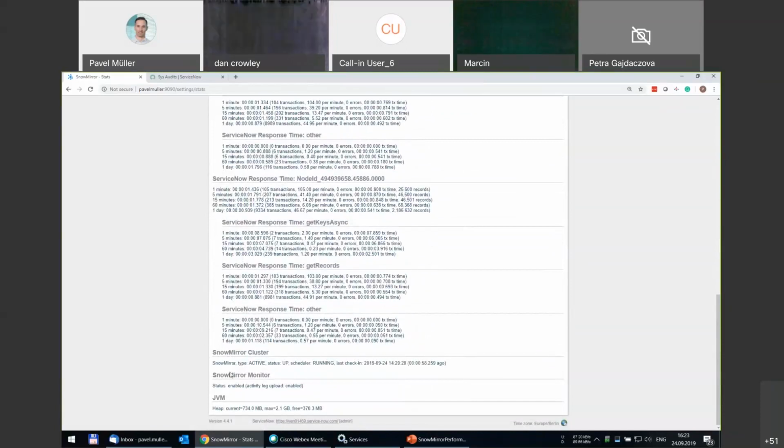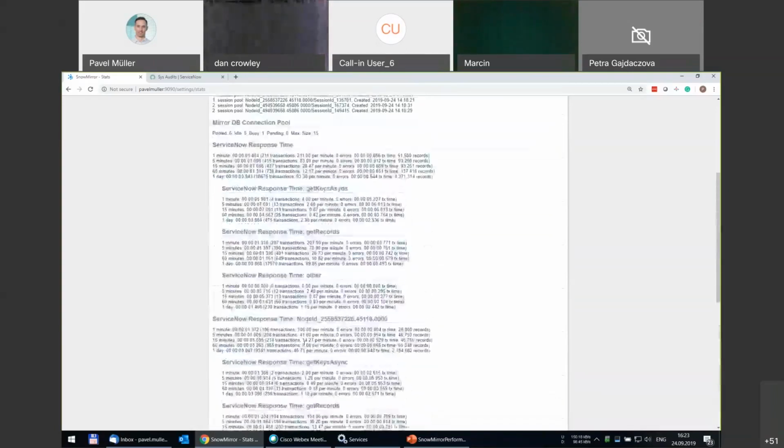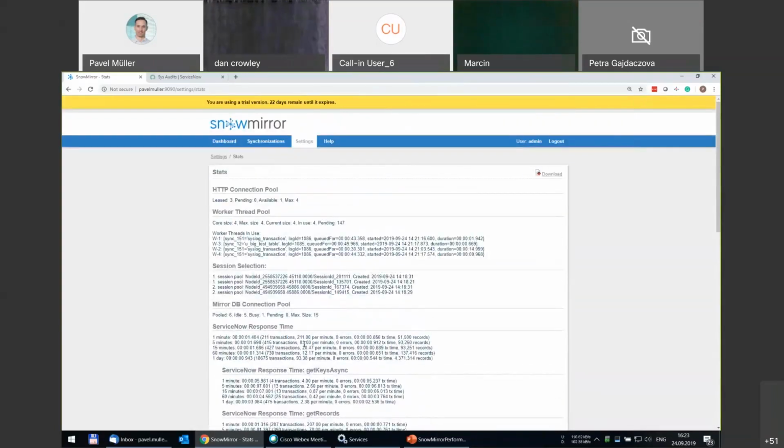And then there is information about some clustering, but this is not important for ServiceNow. For data throughput, you can also check the status. Some of the bigger users might be having issues with memory allocation, and this is the place where you can check the current Java heap size. So this is an extremely important page to analyze